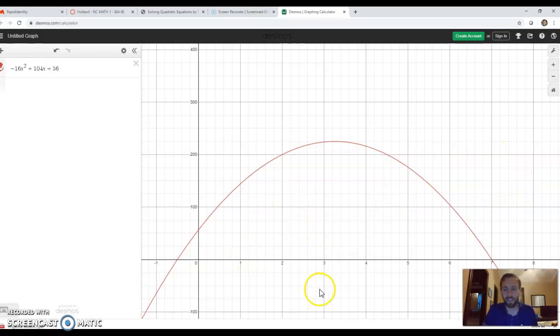When I look at this, I see that one of my zeros is located at 7, and it looks like another one of my zeros is located at -1/2. I've got to think about which one of these zeros makes sense. Well, it makes sense that the positive zero is the zero that's going to make sense in the function. In other words, this flare is going to